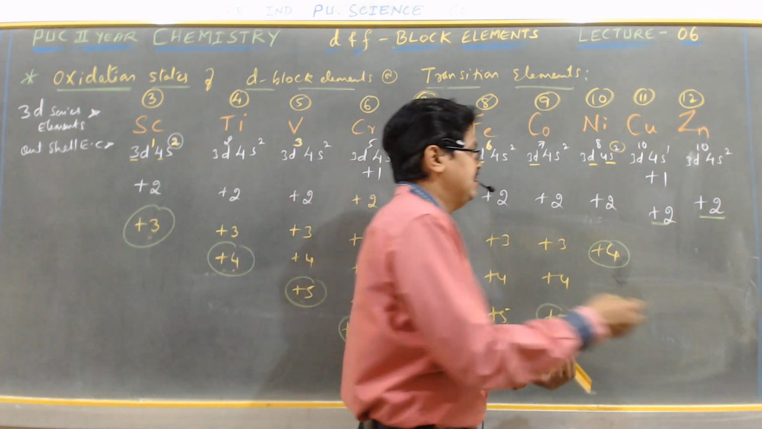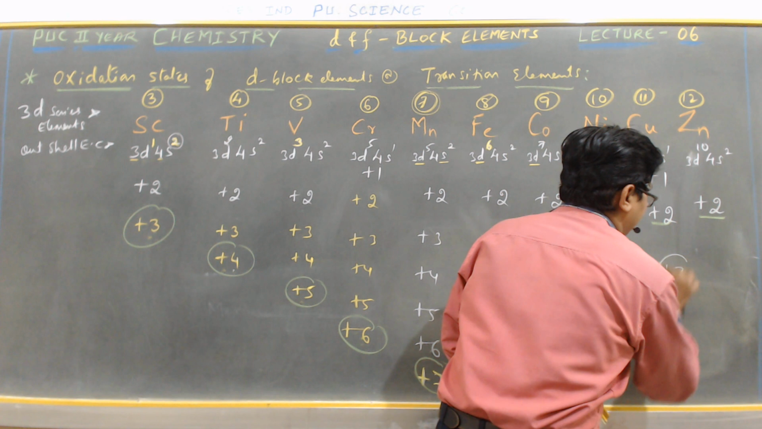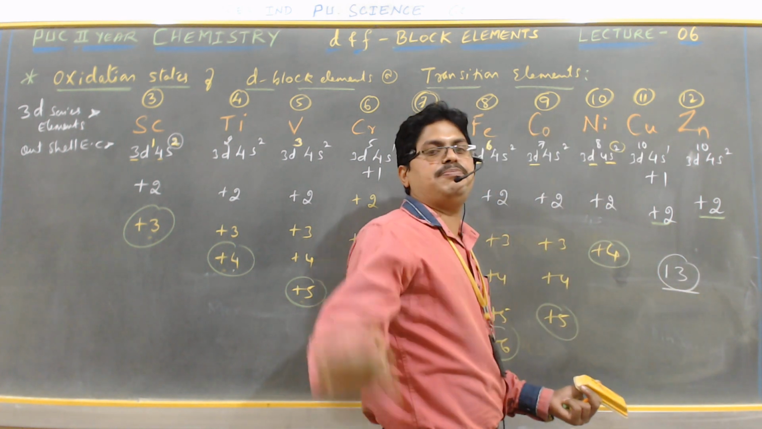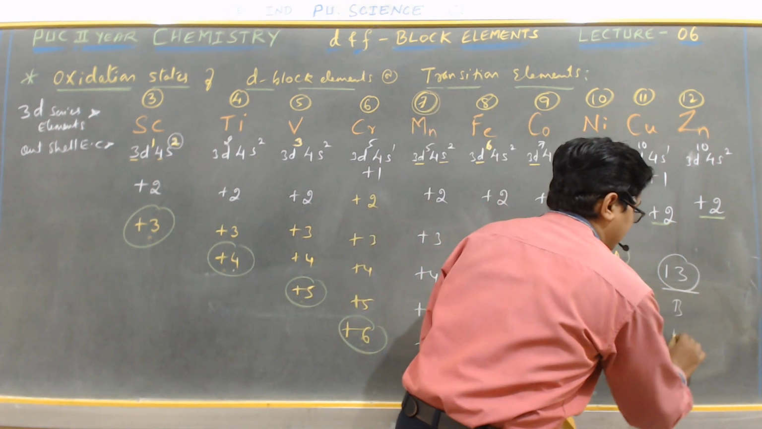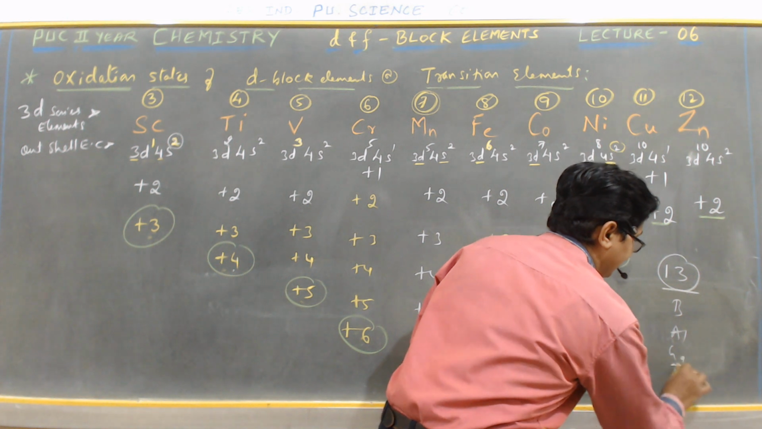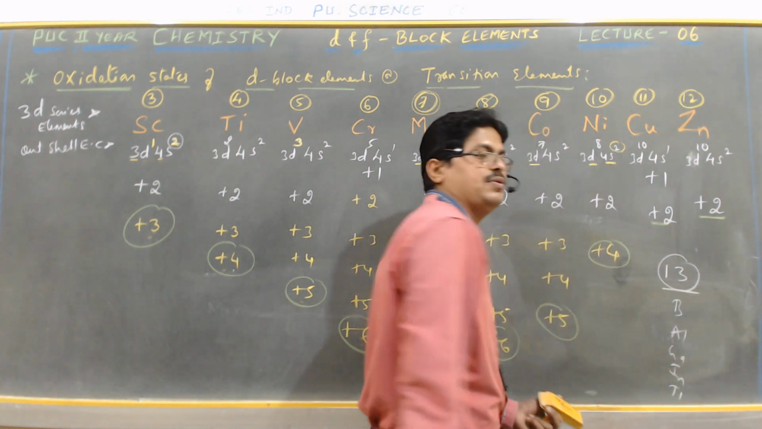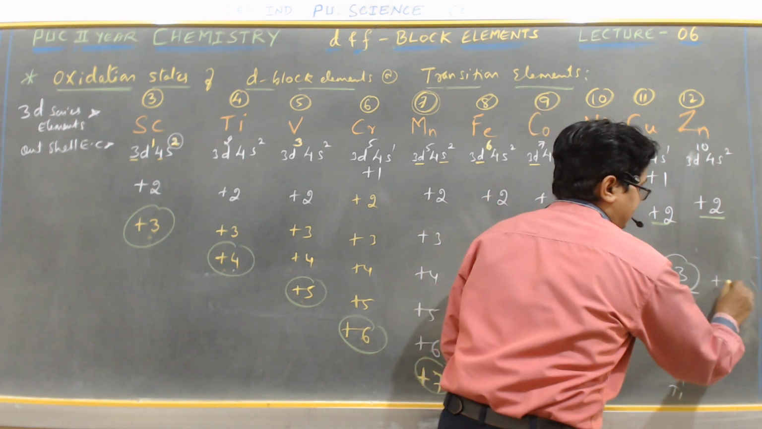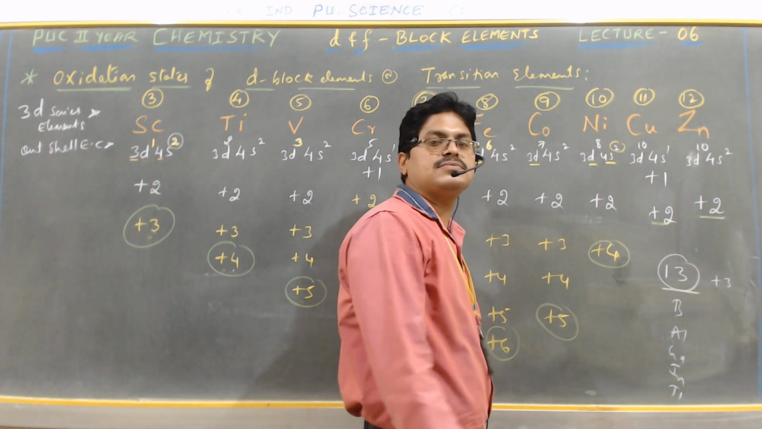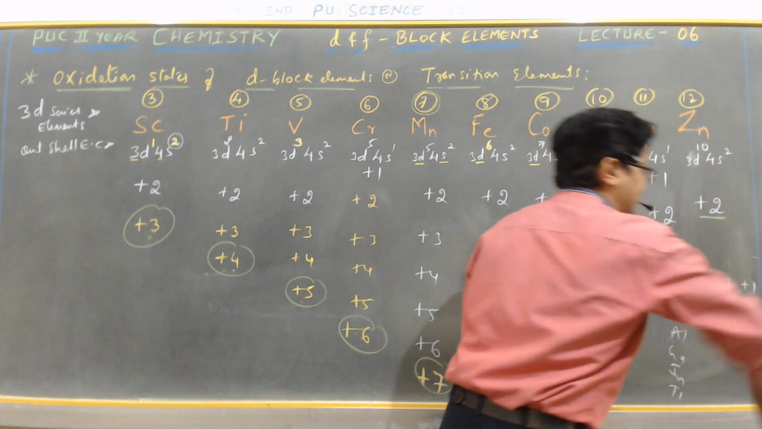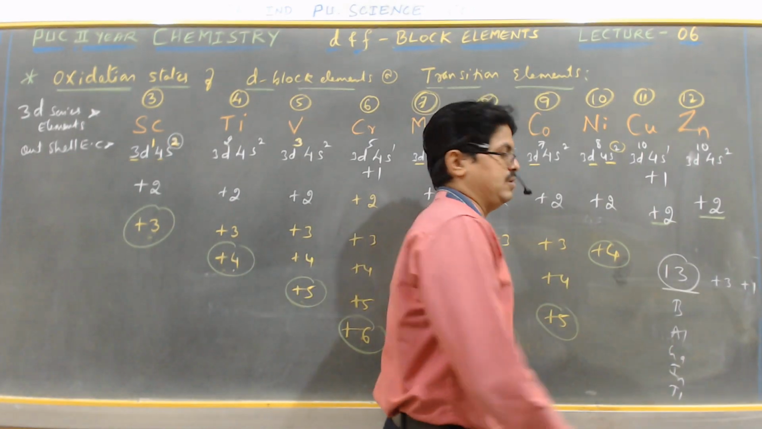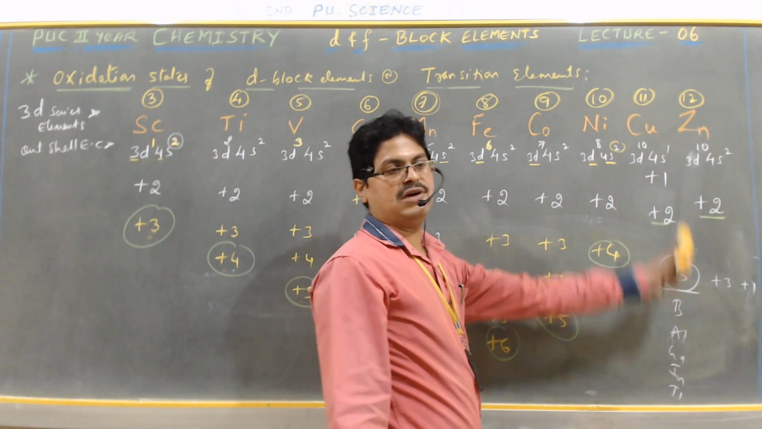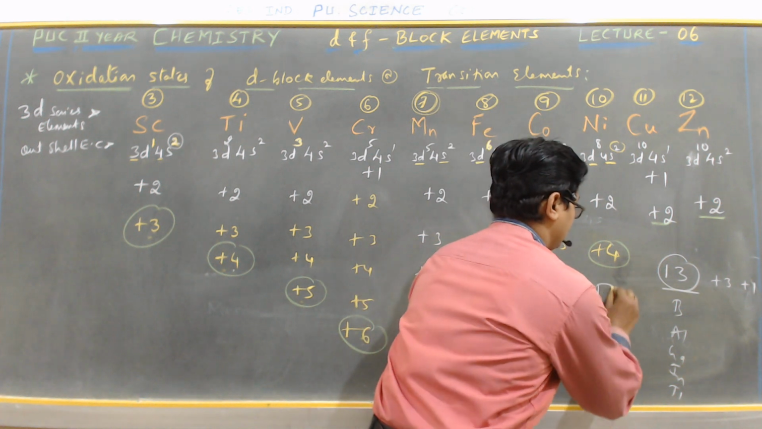For example, if I take group 13 elements of the P block, that is boron, aluminium, gallium, indium and thallium. Group number is 13, which means they exhibit plus 3 oxidation state, plus 3 and plus 1. The outer shell configuration of group 13 elements is